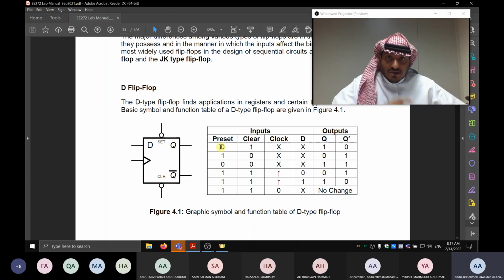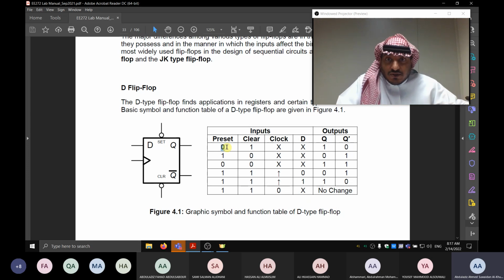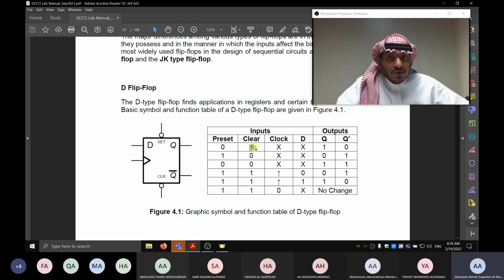The first thing in the D flip-flop is that you have to see the priority, the highest one. You see the control signals. We have a set or preset, it has two names, and then we have a clear. First you have to see both of them, because if one is enabled, it will be applied in the output, it has the highest priority. So let's see. If the preset is 0, which means on, and the clear is 1, which means off,